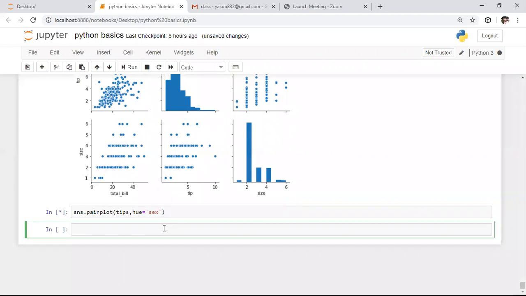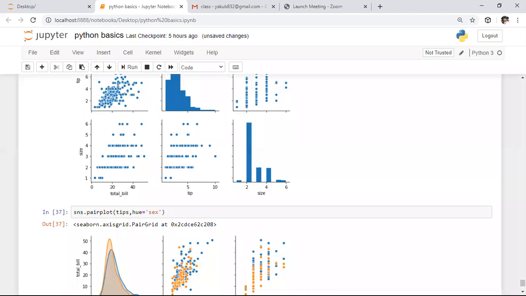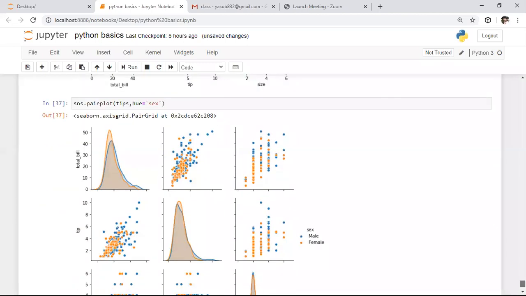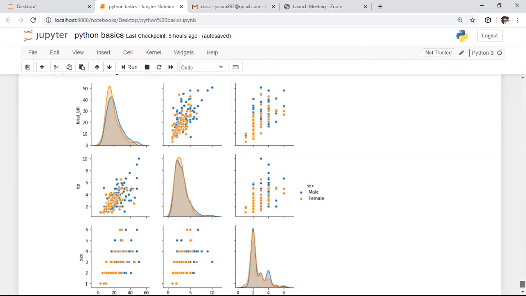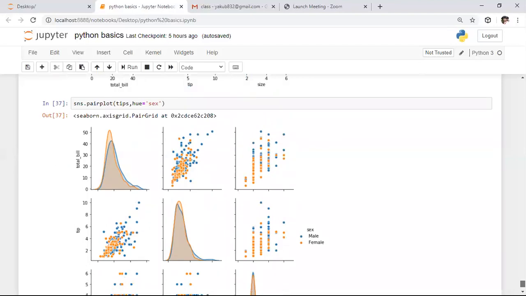After that, I am observing the output. Here it is a basic graph showing how the gender distribution is in the dataset and how the features depend on each other. In the sex attribute, the blue color represents the male persons and the orange color dots represent the female persons, and we can visualize the data and how it depends on other features.